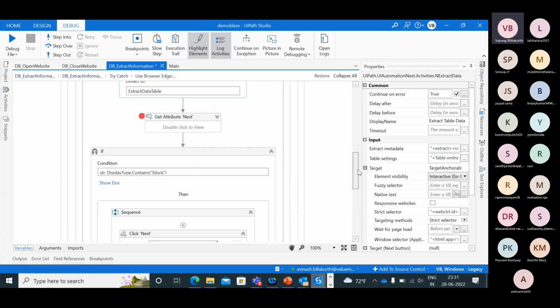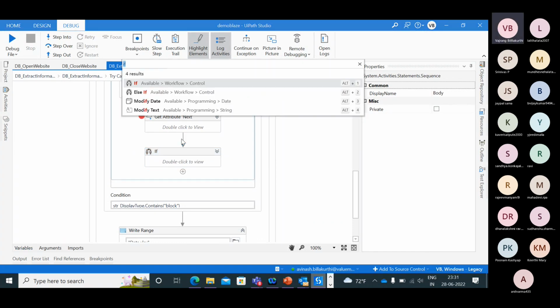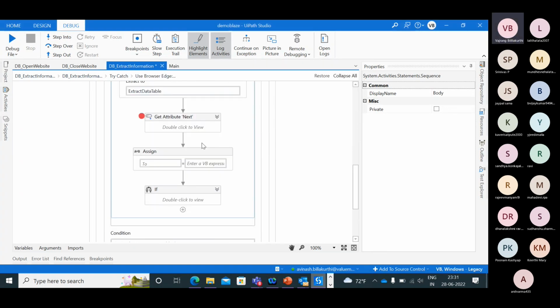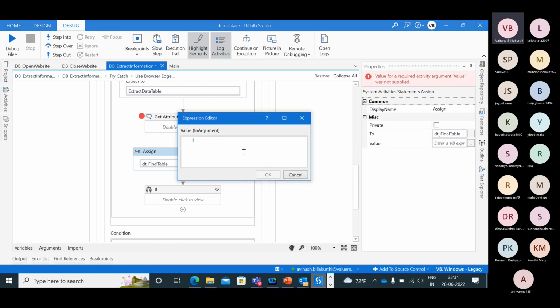Now here, one thing that I am also doing is I will use an assign statement. Okay, and I will assign dt final table. And see, I'm writing an if condition inside the assign block.